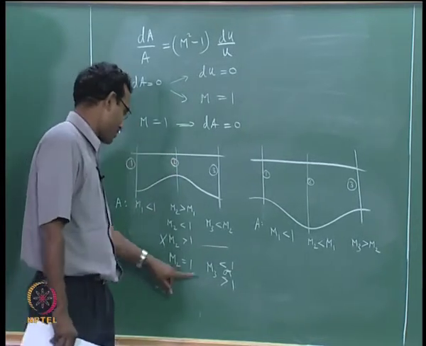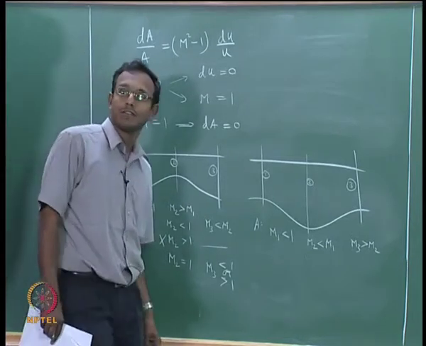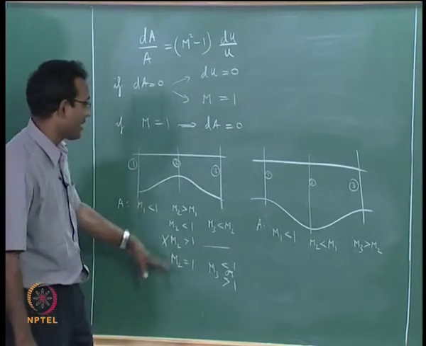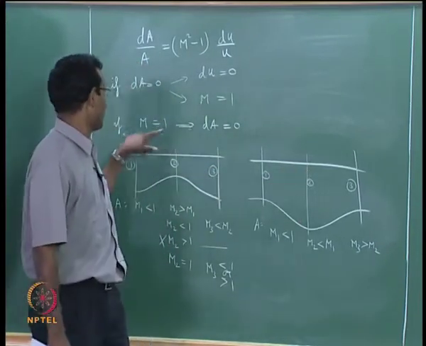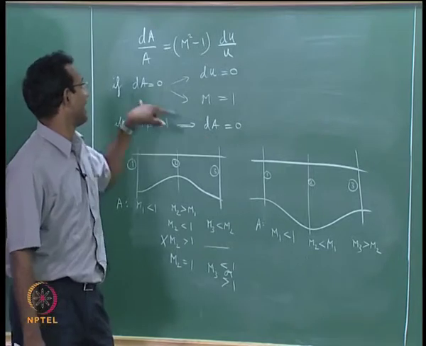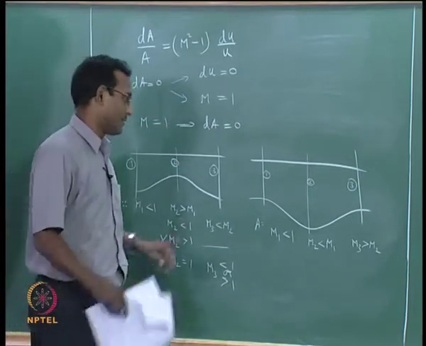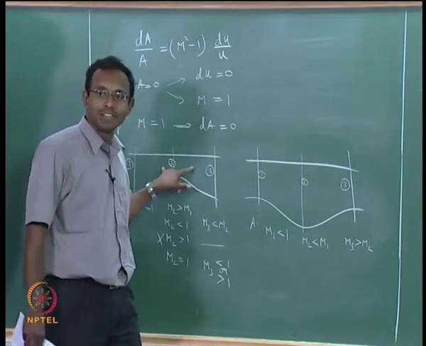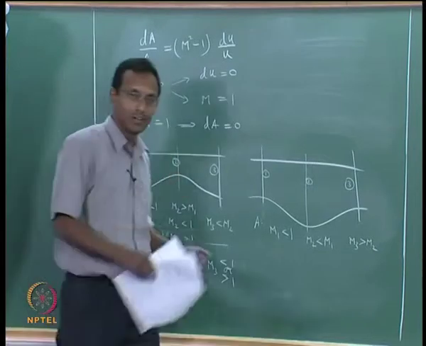If it goes to a situation where Mach number at that point is sonic. It does not ever happen in the other configuration, both are going to have dA equal to 0, and as per this I cannot tell anything for sure. But we have to look at more than just what it is. It has to be a choked flow for it to go to M equal to 1.